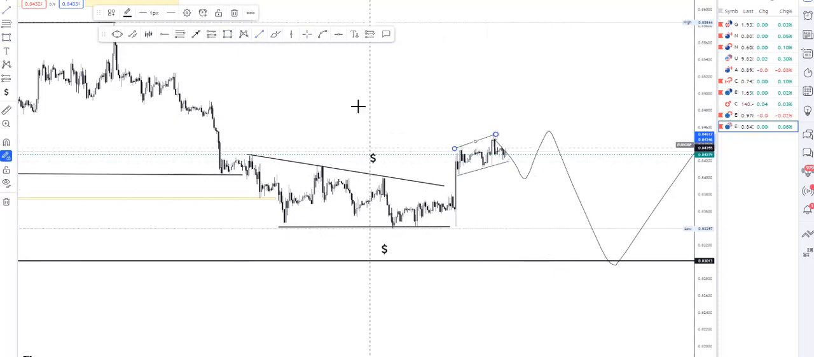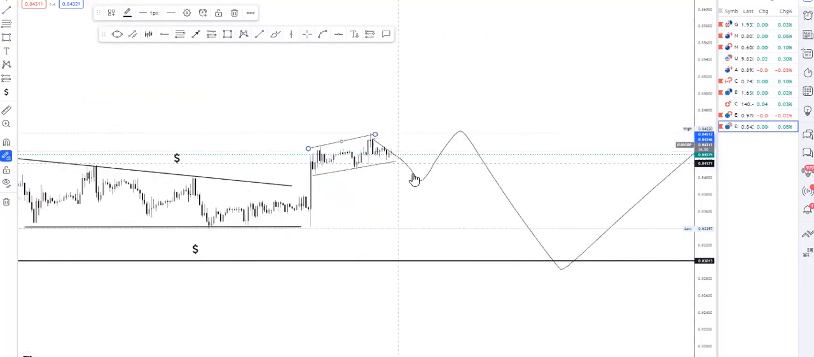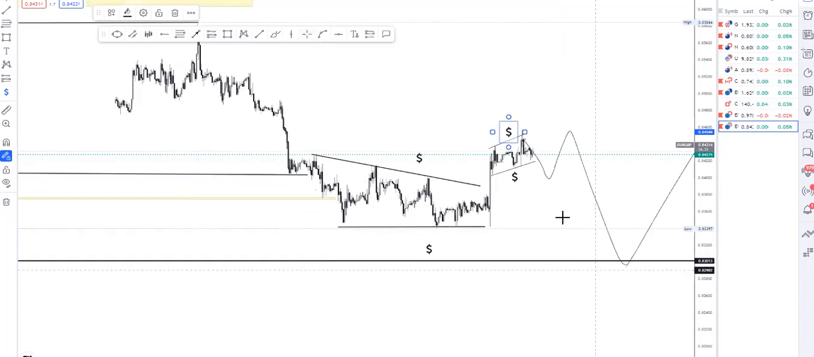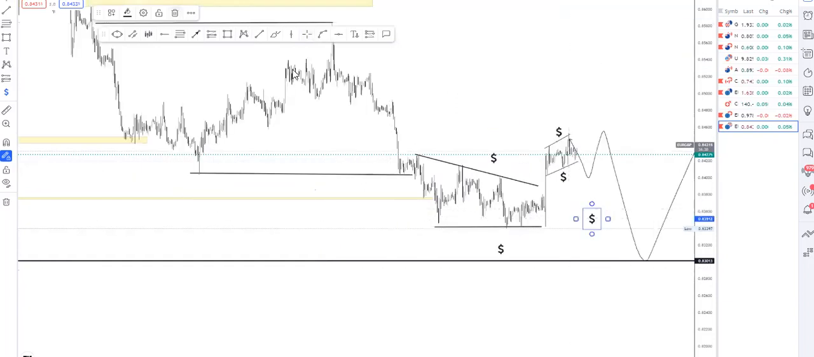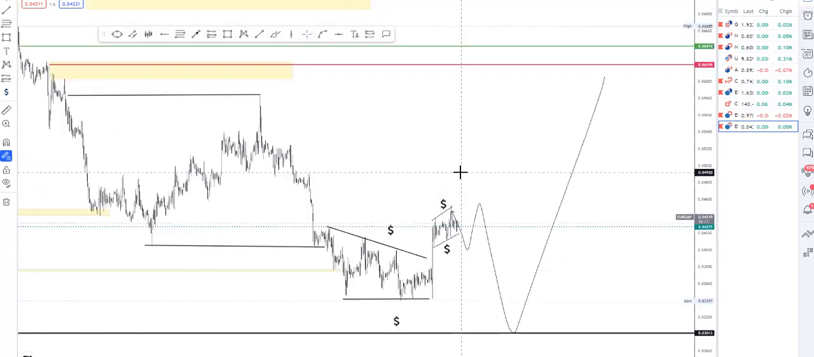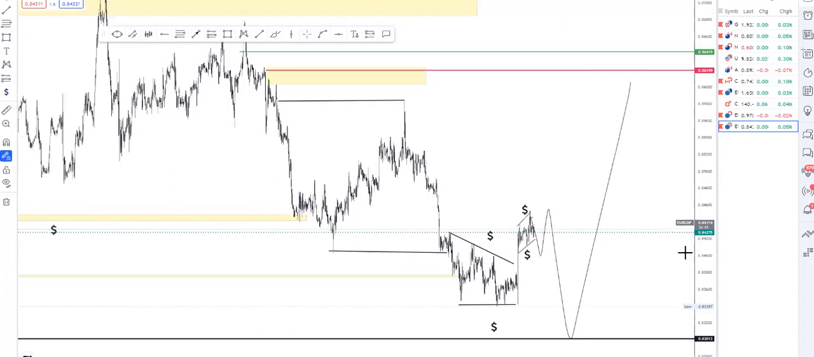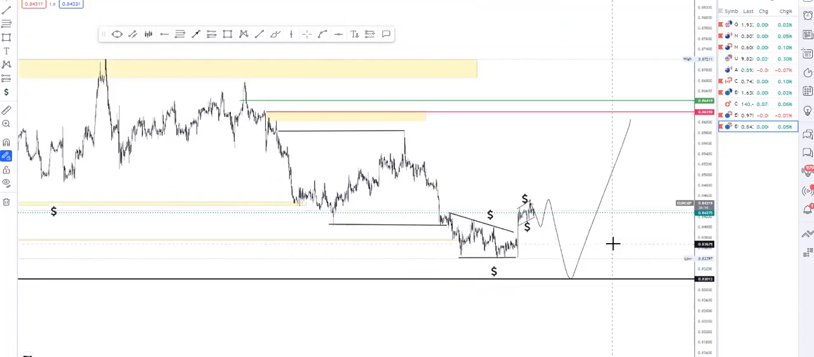We have this. Price might drop because of this, then go back up to take out this. And after taking out that, we'll get this drop to mitigate that order block. Then before we now get the real move to the upside, the real move to the upside, which is right here. And that is it. That's what I'm looking for on these 10